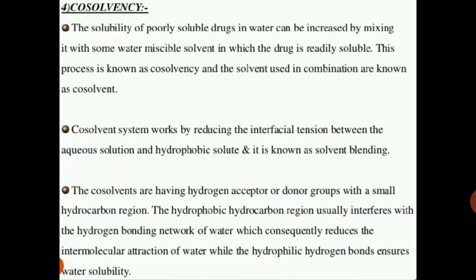The mechanism of co-solvency is not well understood. It has been said that this phenomenon takes place as a result of independent solubility of the solute in each co-solvent. For example, undissociated phenobarbital has a solubility of approximately 1.2 grams per liter in water and 13 grams per liter in ethyl alcohol.